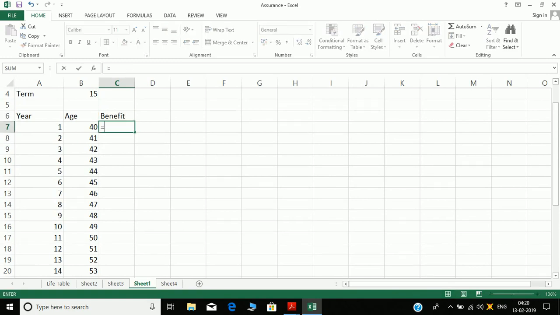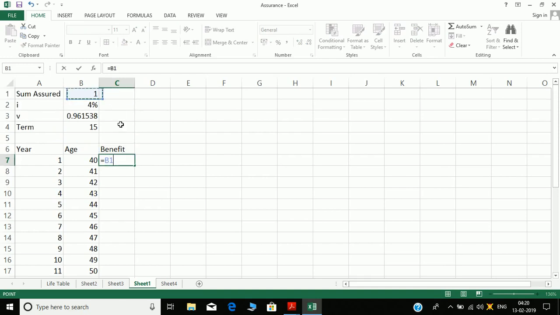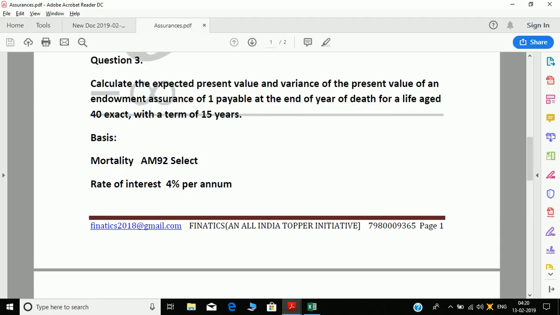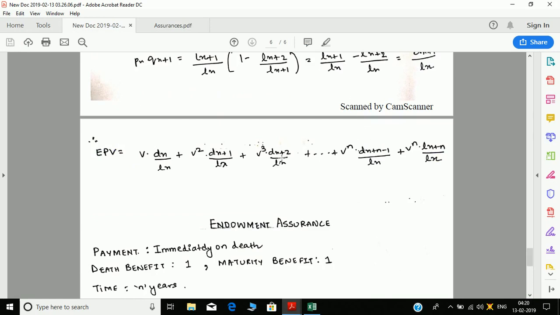Then I have benefit, which is equal to sum assured. If you see, these are values from v to the power 1 to v to the power n. We have taken values only for term assurance so far. Our maturity is still left, v to the power n lx plus n by lx.